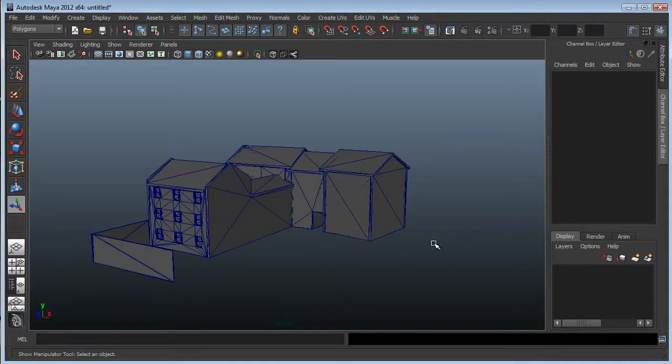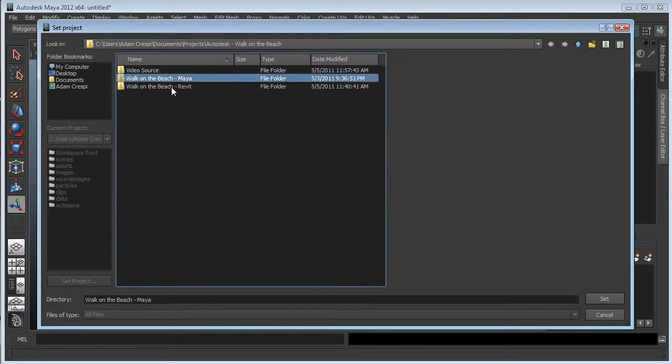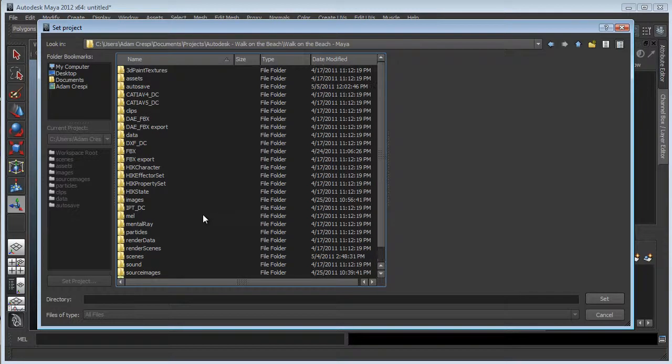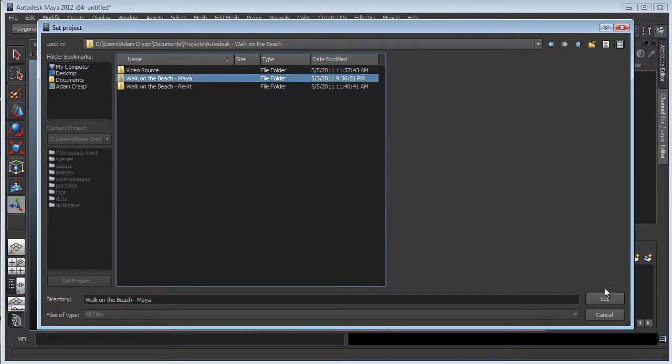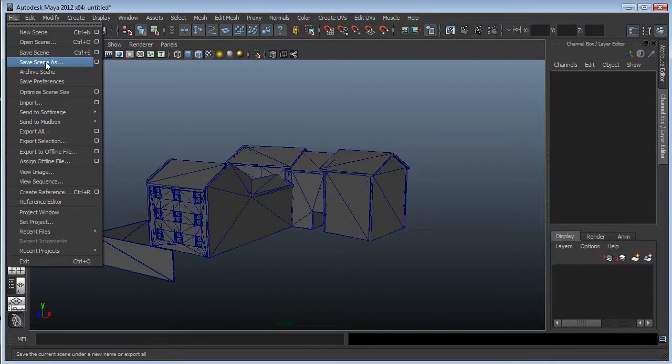We need also to save this scene, and I want to talk a little bit about project management. I'll go to File, Project Window, or Set Project. And I'm going to put the project here, setting to Walk on the Beach Maya, which I've already created. In that folder are all the default Maya project names. I'll set my project, and now when I save the scene, choosing File, Save Scene,